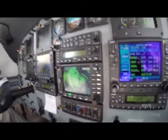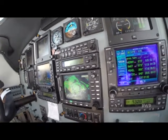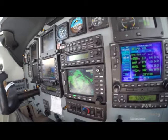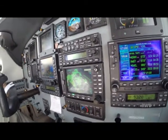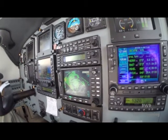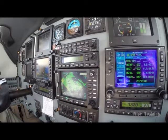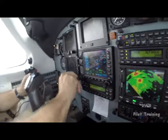Oh, we threaded that weather, didn't we? Yeah, quite handily. The only thing that was a little bit of a surprise was the close-in lightning. 37. But you could see that it wasn't a threat to us per se. It was a violation of our rules that we did not anticipate, but since we didn't do it intentionally, there's no violation. Hotel Papa, 5 miles from Herney, turn left heading 100, maintain 2000 until established on a